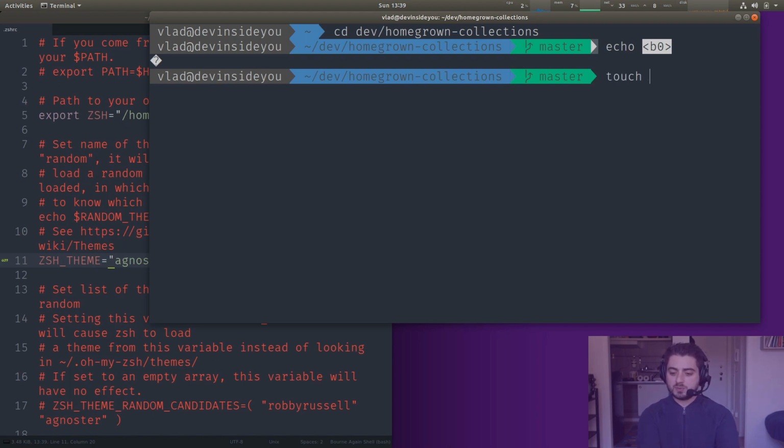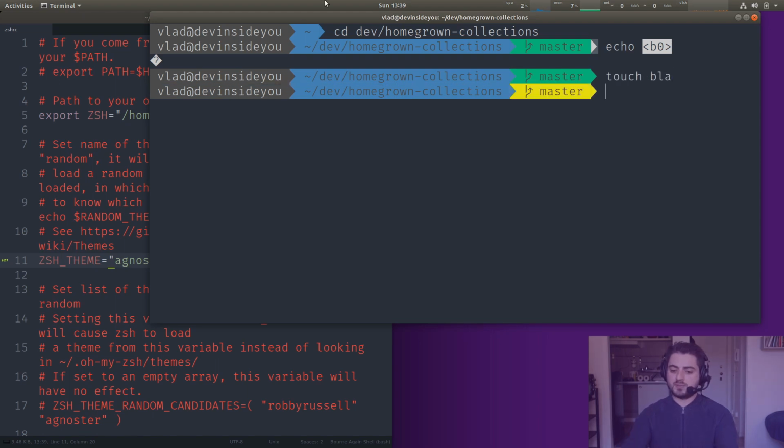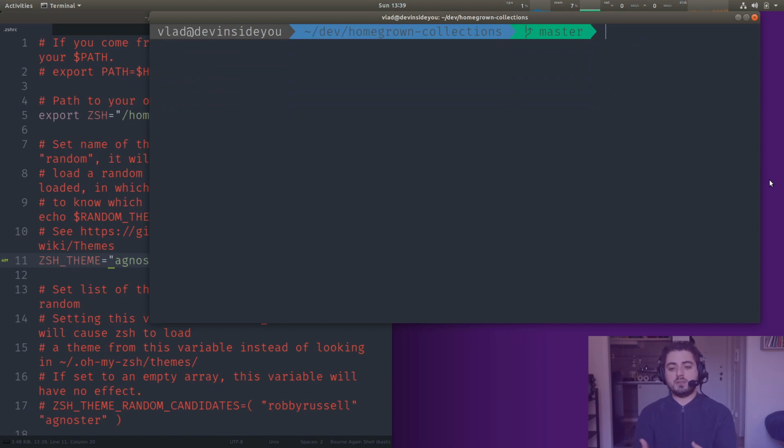Okay, let's actually do touch blah because I'm in a Git repository, so it's going to understand. Oh, there was a change. Okay, let's actually remove blah, and now it's gone. Okay, yet another even more popular